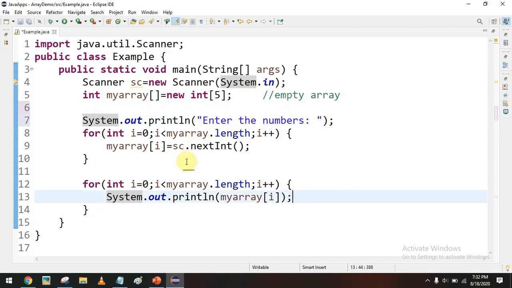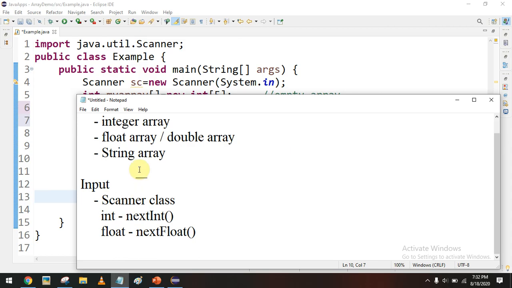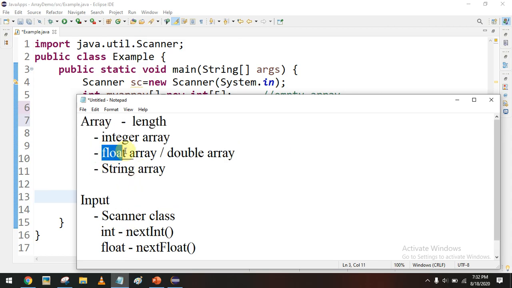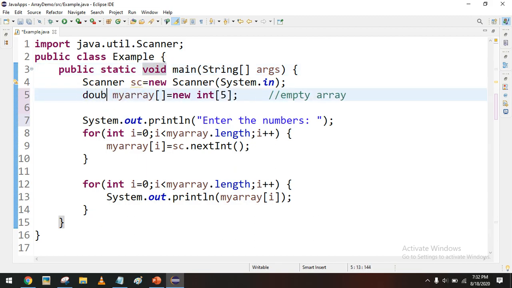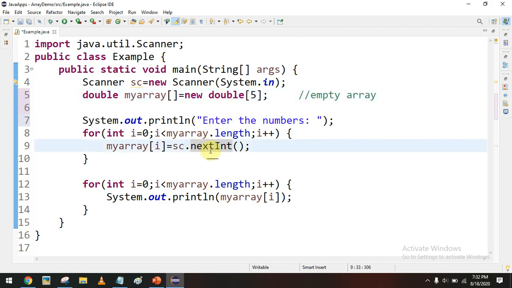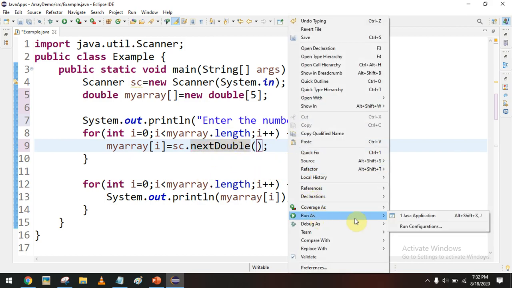Similarly, we can also store floating point values. For floating point values, we can use a float array or double array. The only thing you have to change is the array variable type. For example, I am going to use a double. If I use a double array type, we can only store double values. And when you are taking input, you just have to modify it to double. So now if you run the program,